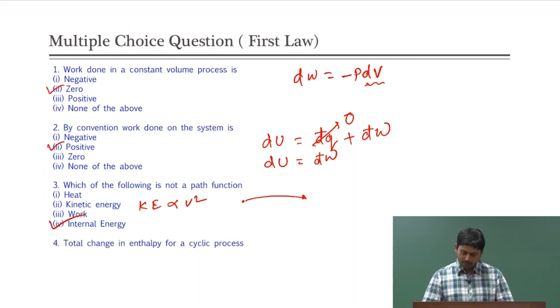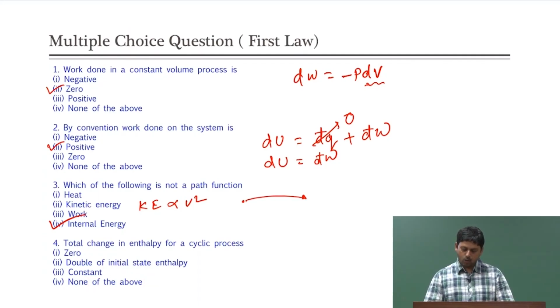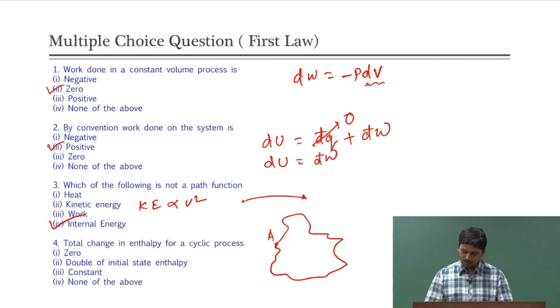Change in enthalpy for a cyclic process is 0, double the initial state enthalpy, constant, or none of the above. When you are talking about a cyclic process, it means that we start from somewhere, let us say from A, and we do whatever we want to, and we come back to the same state. This question is slightly twisted in the sense that whenever you talk about a cyclic process, the changes in state functions are always going to be 0,